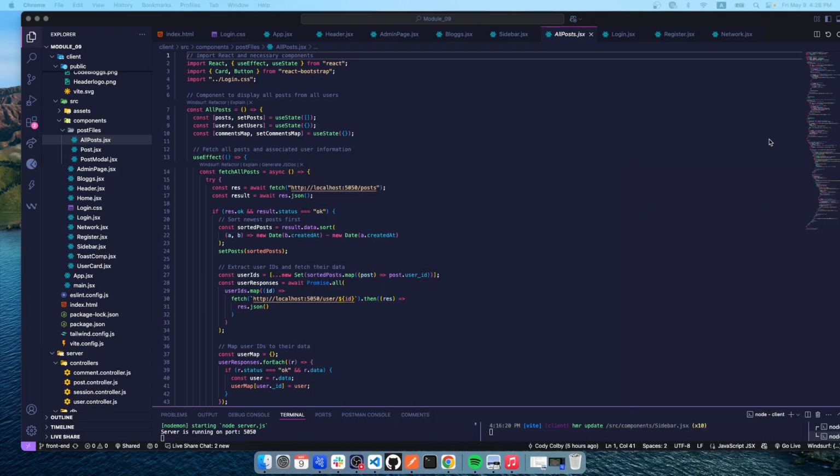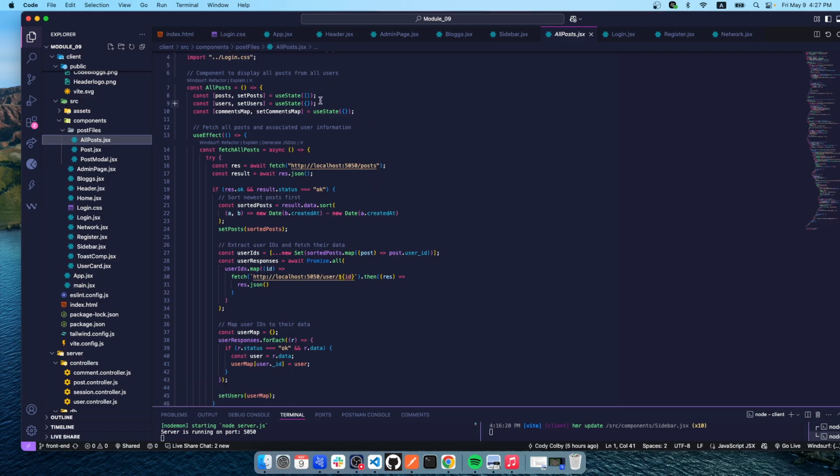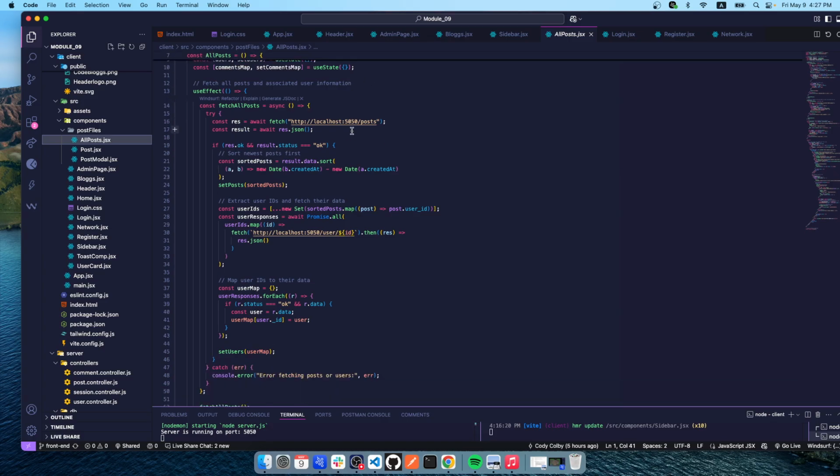Anyway, I'll just show a little bit of my code here. So I made a file specifically for basically my modal and my pop-ups here. So this is one for all posts and importing the necessary components in React, my CSS. Here I have my all posts, the different use states here. So this is going to fetch all the posts associated with their information, fetches the post from this API or this route. It's going to sort if the result is okay. It's going to sort the posts first,